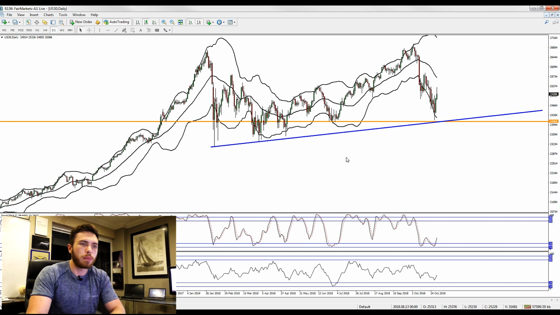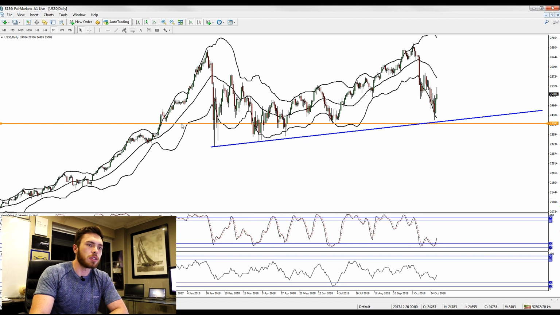If I zoom out here, you can see how this trend line, we've got price action moving right down to that level. So what I did is I drew up this trend line and I waited for price action to come to this level. We've also got a horizontal line here, this orange horizontal line. As you can see, the previous support level, I'm using that level as well. So if we bring this up right over here, you can see how price action not only came back down to that blue trend line, it also tested the orange horizontal line.